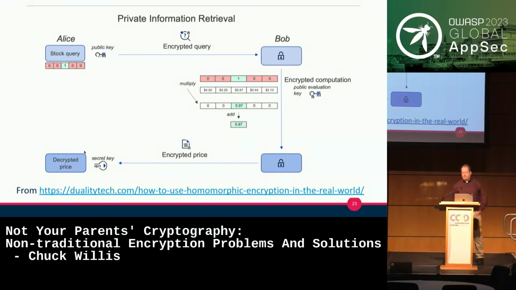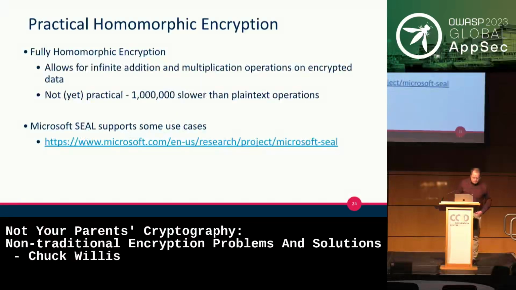So I thought it was a really interesting illustration of exactly how you can use homomorphic encryption in a somewhat practical way. Again, this is something that you would have to implement yourself. I'm not aware of any commercial products that implement anything like this, with one exception, I suppose. Microsoft SEAL does support some use cases, but it's still kind of a research project. I don't know that a lot's been done on it in the last few years, so I don't know if I would put a lot of faith in it as an actual production commercial product.